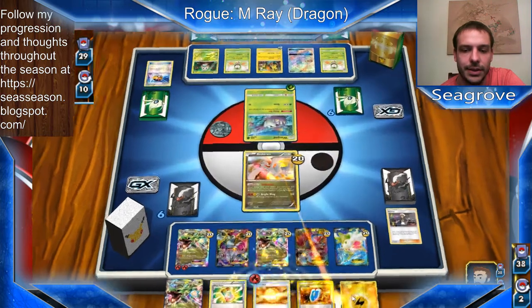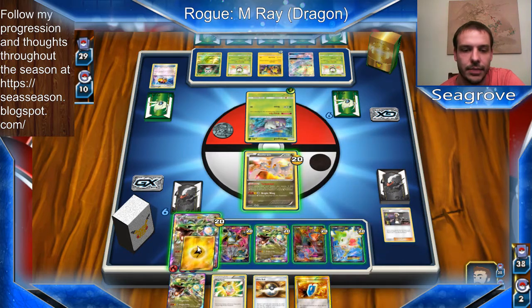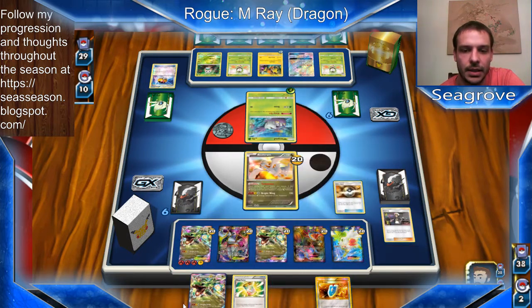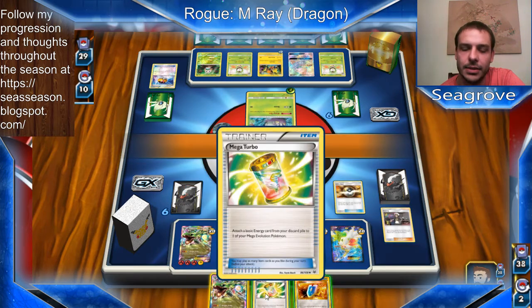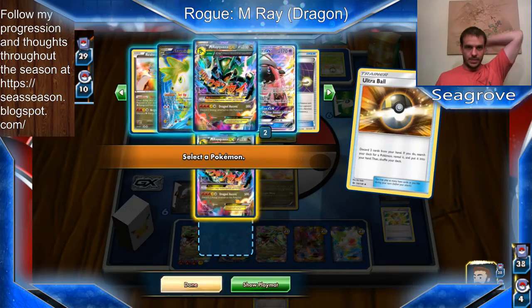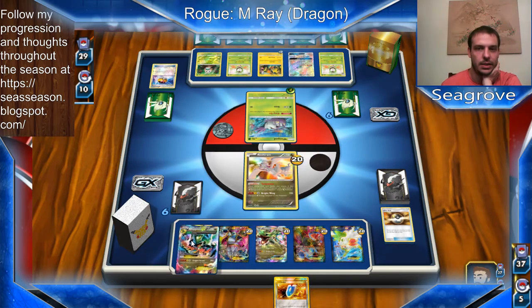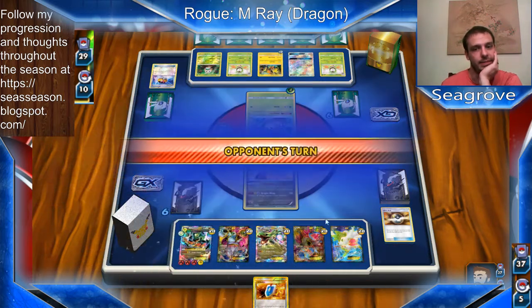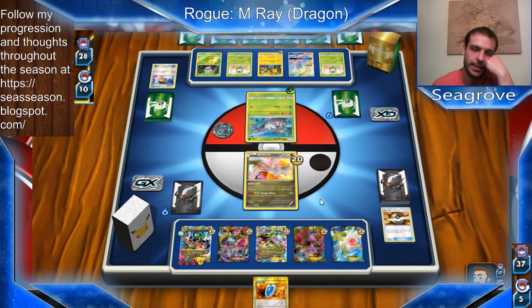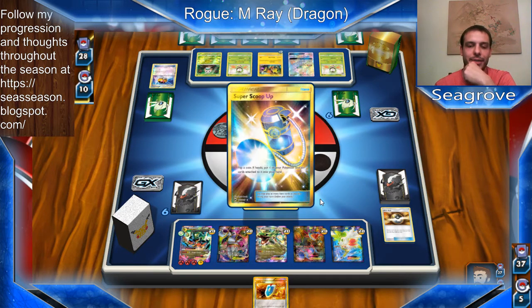And I almost want to Ultra Ball this away just so I can use Mega Turbo, but that would obviously be bad. So I don't think I'm going to be knocked out soon. So I'm going to do this, even though that puts me in a dead hand. Actually, I guess I could get knocked out. So maybe that wasn't the right play, but I feel like I'm going to get out of the dead draw. That was probably a wrong play. I probably should have waited and trusted that